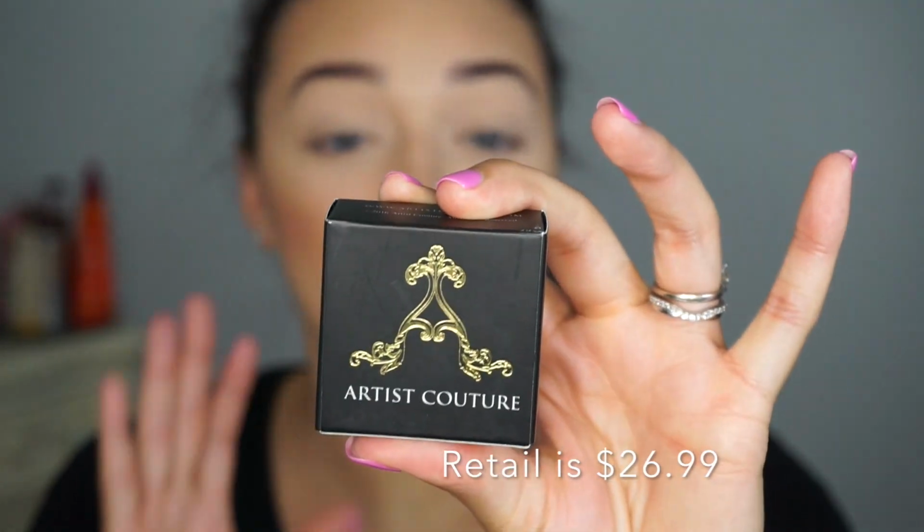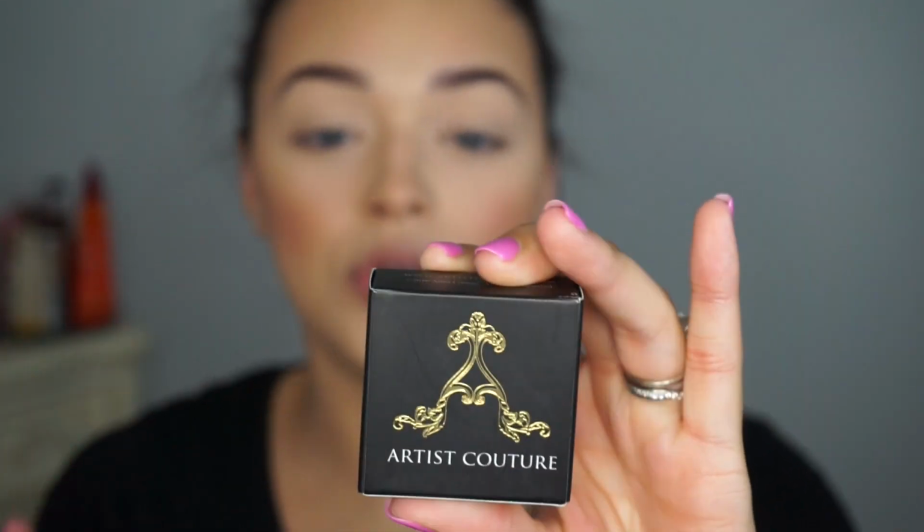And then we have an Artist Couture Diamond Glow Powder. Now if you guys know Mac Daddy, you know his makeup is flawless. He's flawless, he's beautiful, and his highlight is always popping. So I know this will be a super nice highlighting powder, but I've just been kind of iffy about them